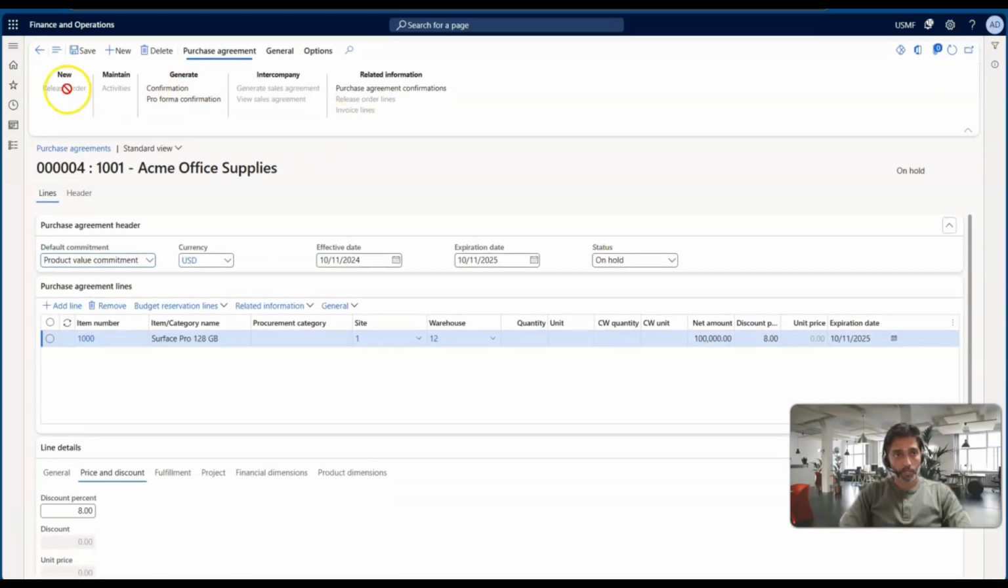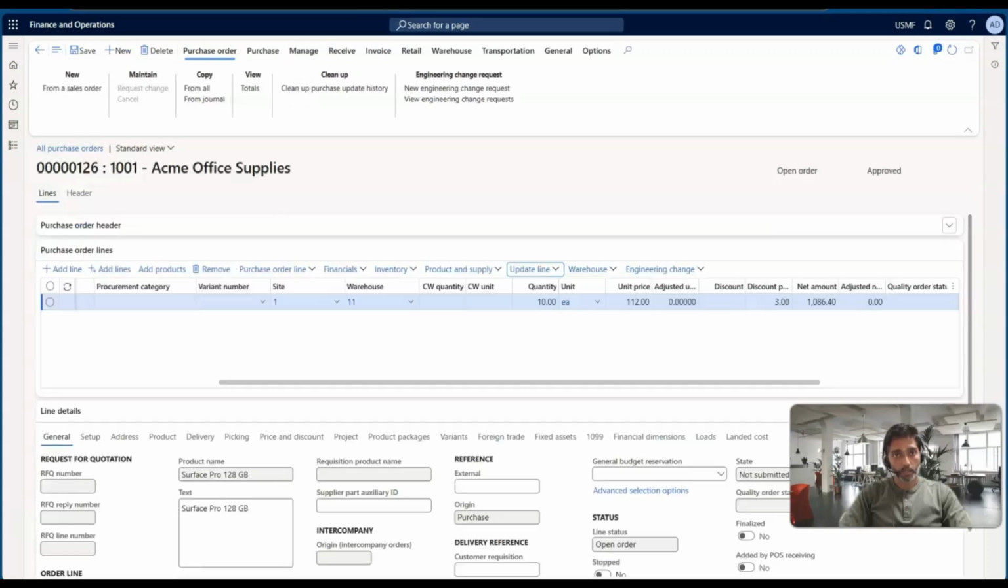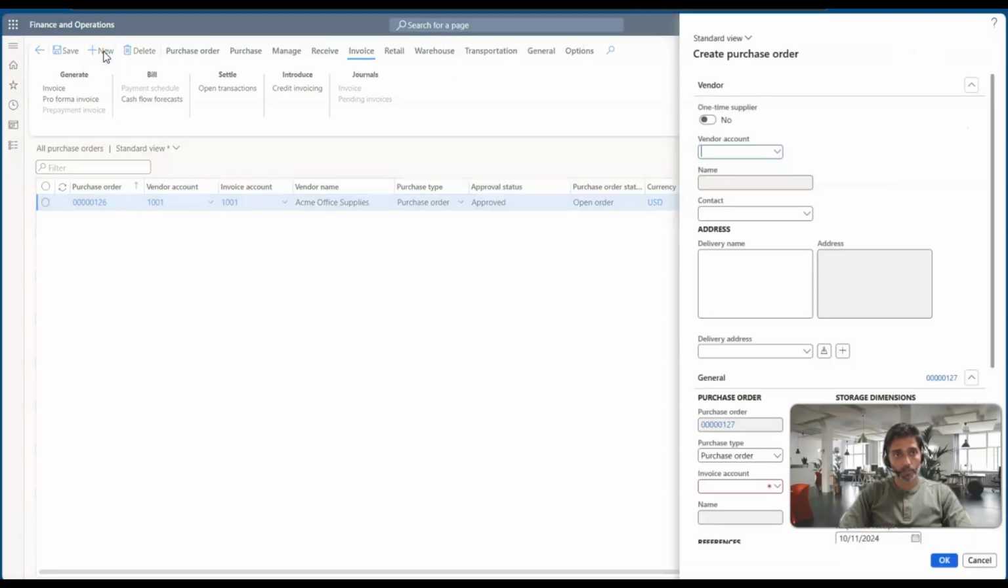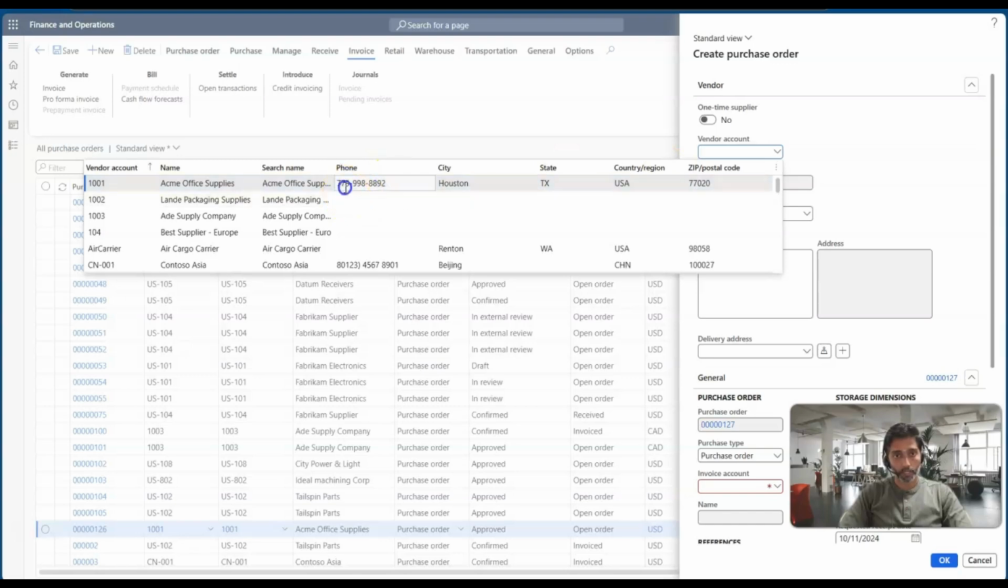So let me close this page. Let me refresh this form. So we have created two agreements for Acme Office Supplies. One is effective and one is on hold. Why I did it this way is, if I go to purchase orders, let me create a purchase order fresh from the start. So let me click on new, and then let me create this purchase order for Acme Office Supply,